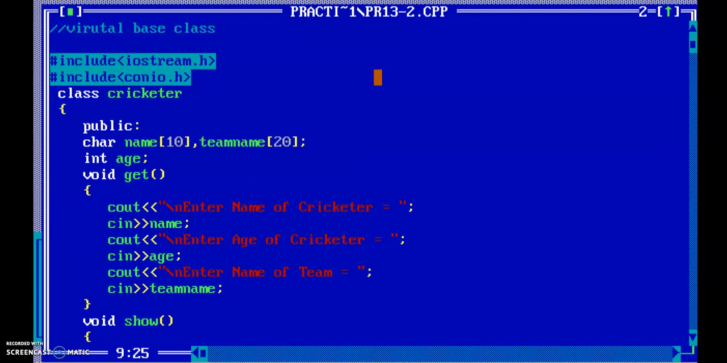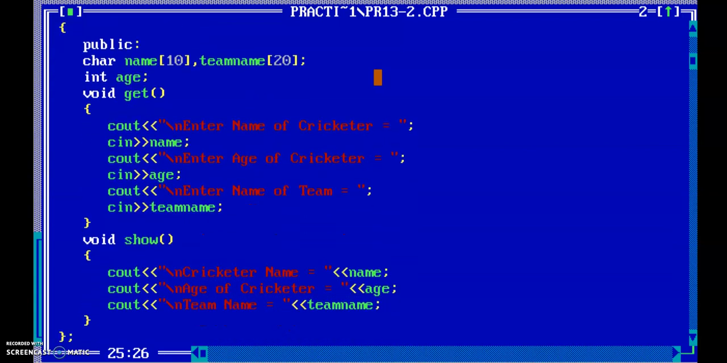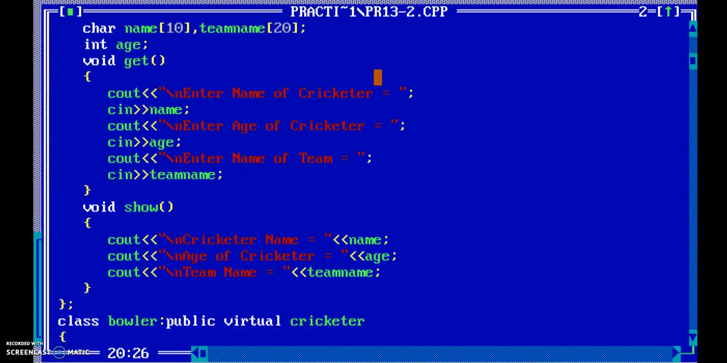Now check here, class cricketer having data members name, team name and age. After that, in a member function of this class we perform the input operation, and in the show function we perform the normal output operation. Then the next class is,